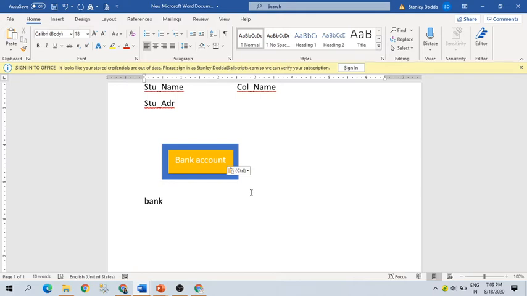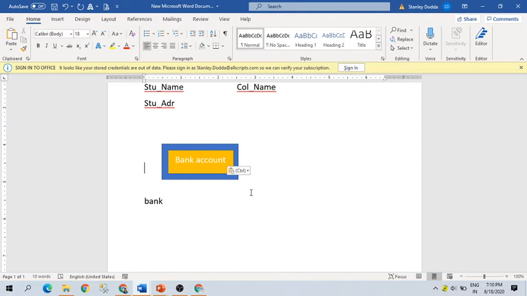Please credit this amount into the account number something 2020101016. They cannot identify that number because it is linked to a bank. Without the name of the bank, simply a bank account doesn't work out. So they will ask you, what is the name of the bank, in which bank I have to credit. So we have to tell the name of the bank. With the help of the bank's name only, the bank account will be identified.